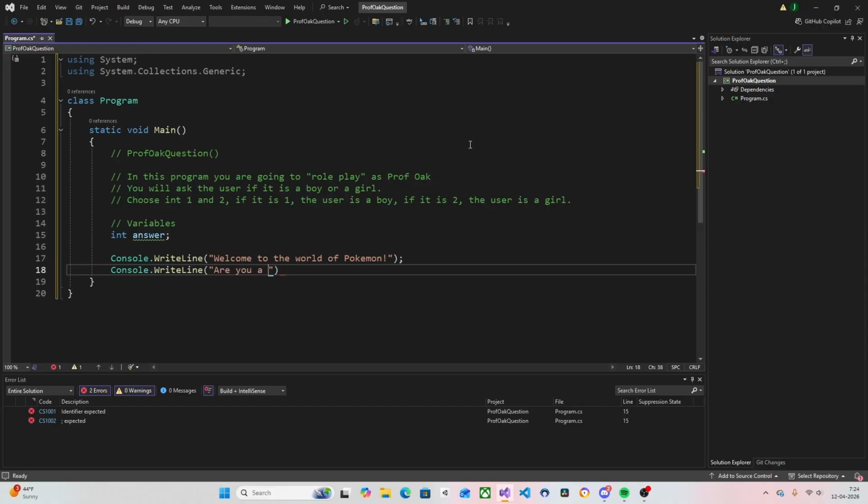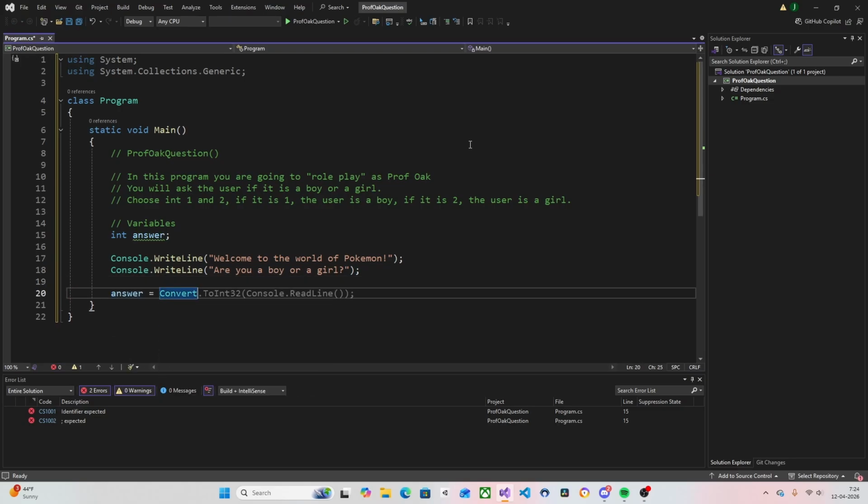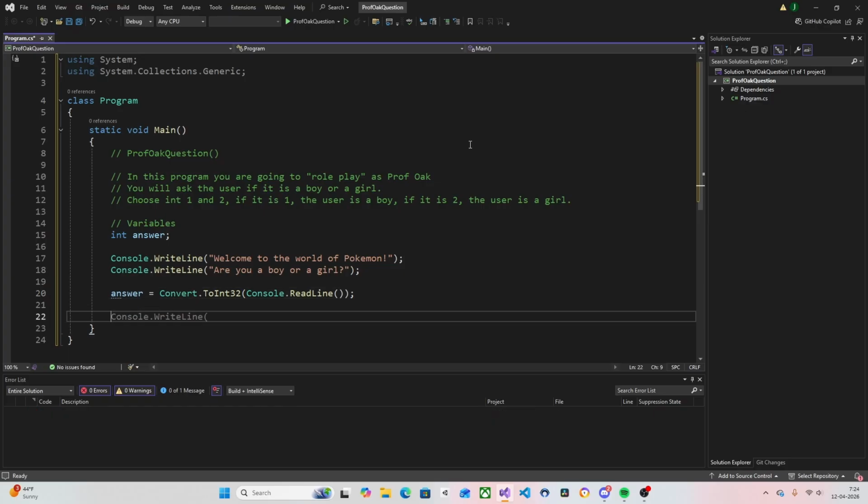Are you a boy or a girl? So go for answer is equal to convert to integer. Okay. If answer is equal to 1,